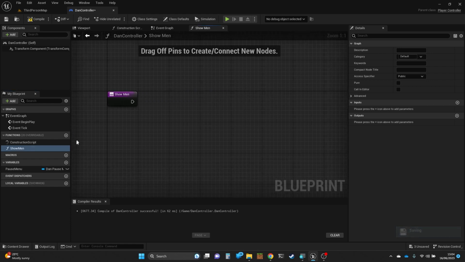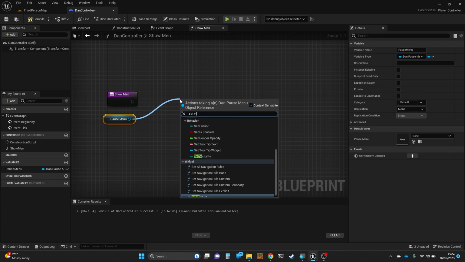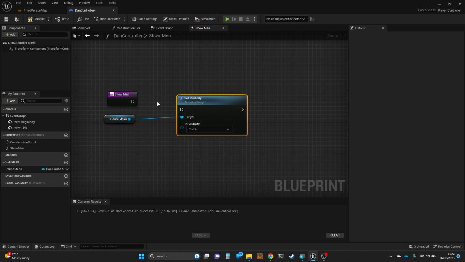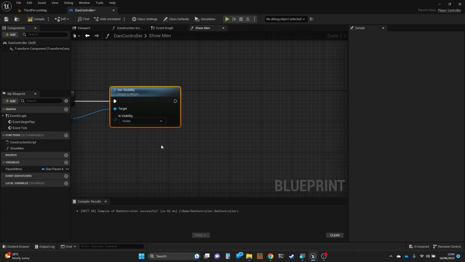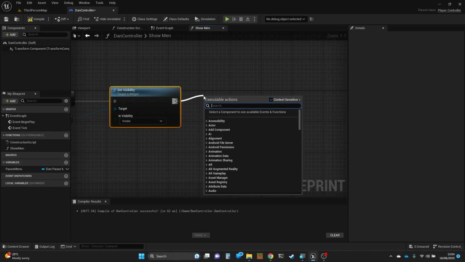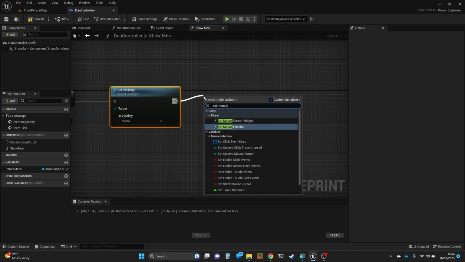And in here we need to get a reference to the pause menu and set visibility. Okay. So I'm going to make it visible. In order to interact with it, we're going to need the mouse pointer to be visible. And because we're in a player controller class, we have access to that directly because it's part of the player controller. So we're going to do set mouse